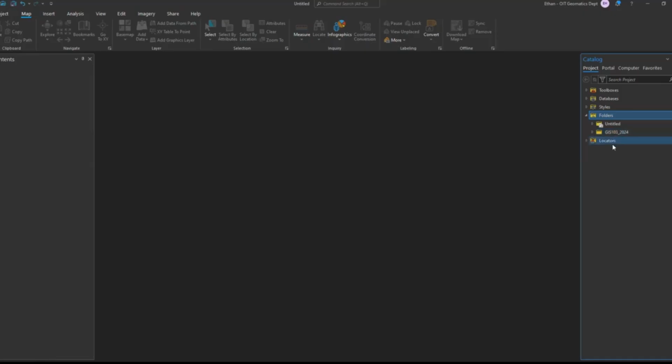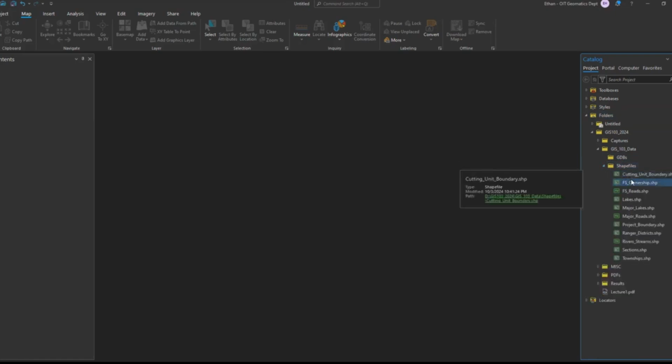And so if you have other folders that have data in them, you can also add them. And so now if I open this up, hit the arrow, I can go down to GIS103 data. And I've got geodatabases, which has nothing in it right now. And I've got shapefiles. So see, these have the green symbol. And just to illustrate the point that I was talking about earlier, you see how these are each a single file? Like this lakes.shp. Well, let's go look at it with File Explorer,